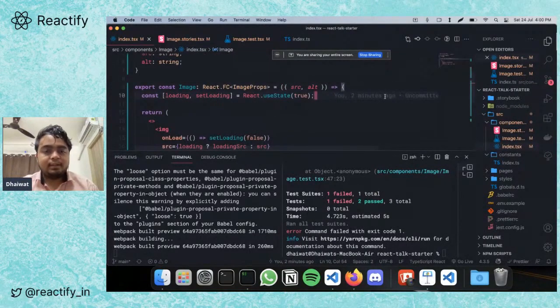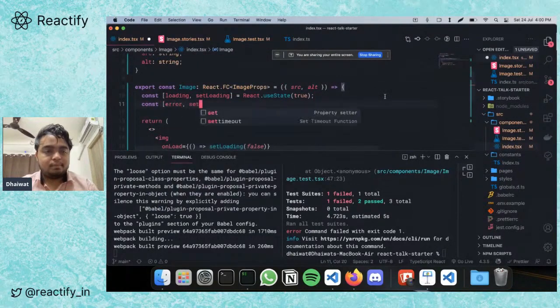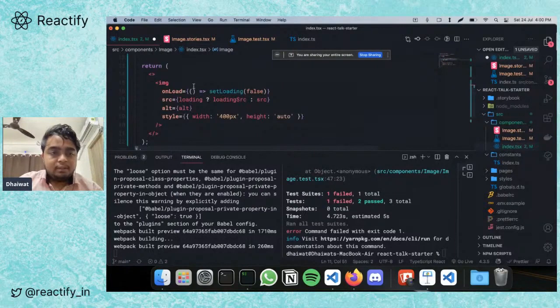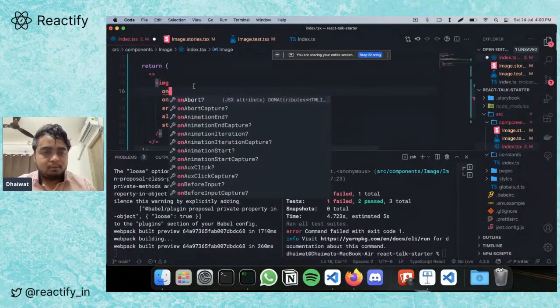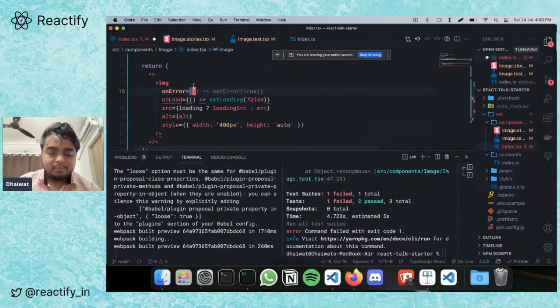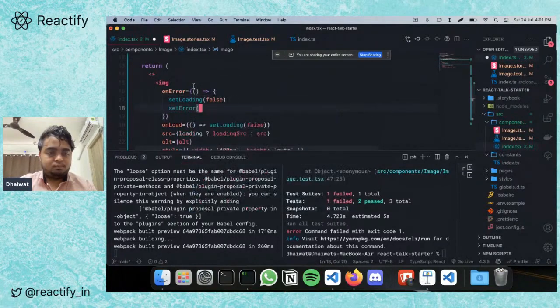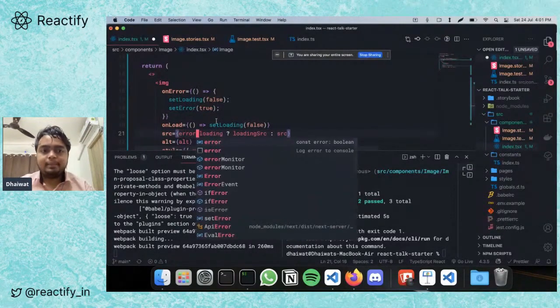Now let's integrate the error functionality here. We'll add another state, and we'll set it to true when there is an error. And we want to render the SRC again dynamically.